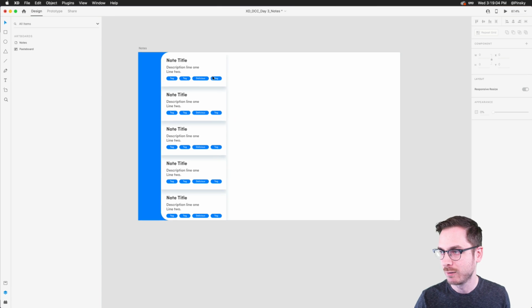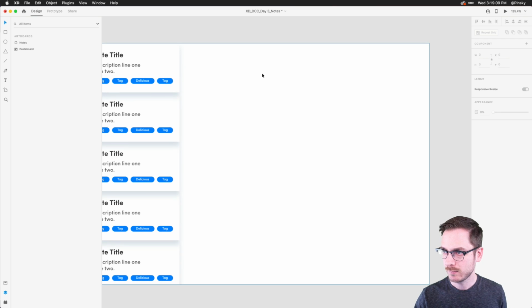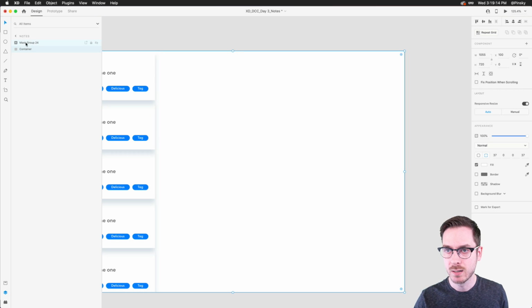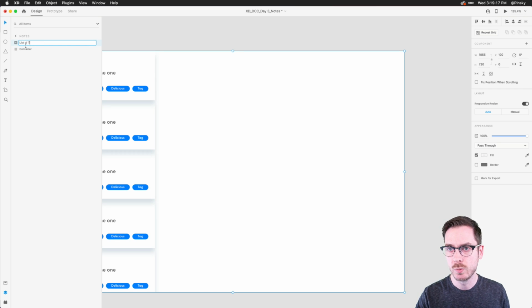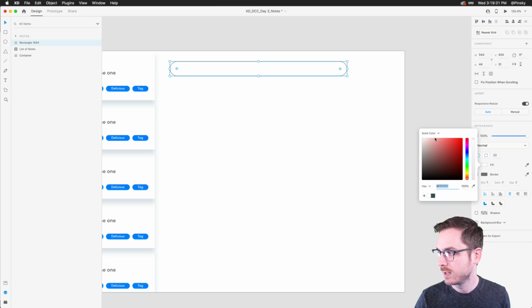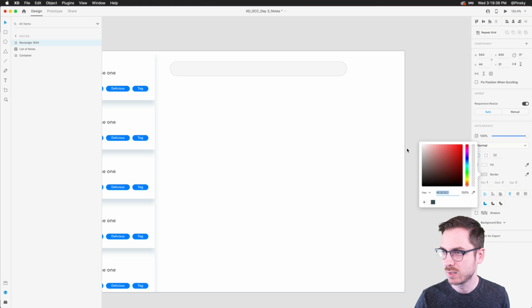This is fantastic. All right, so let's move on to the right side of our particular note. And this is where the details of this note are going to live. So maybe at the top here, and this will be the list of notes, we might want a search bar just to start off a little bit simple. So I'll just grab a rectangle, draw out a search bar like this, because you might want to search through your notes. I'll round out the corners quite a bit, like that. Maybe I'll darken this shape just a touch. And I'll also lighten up the border just a little bit. Just like that. Simple and cool.